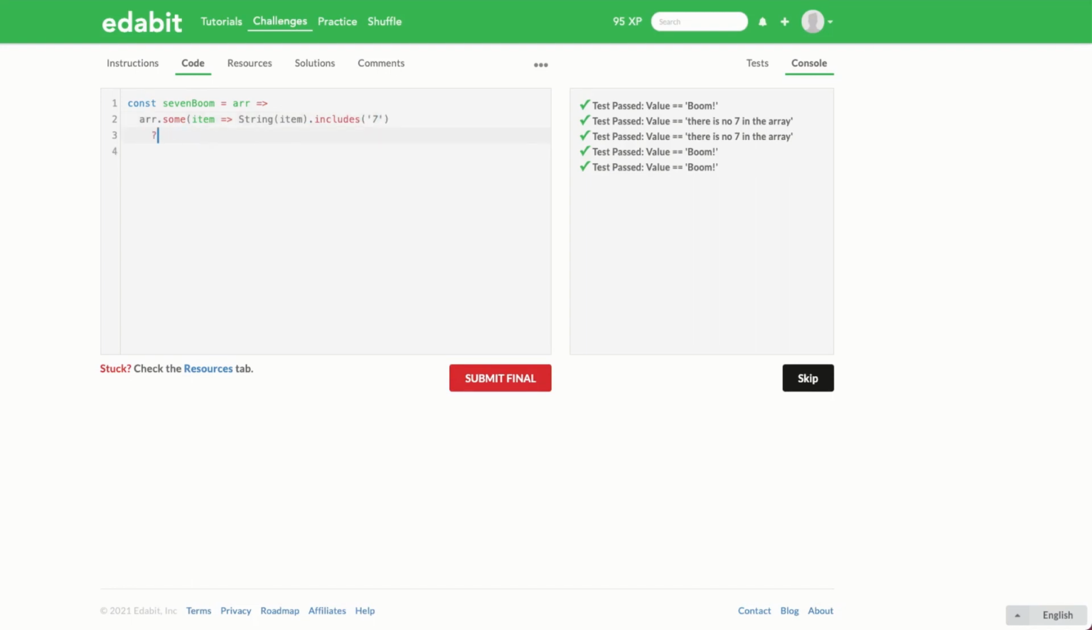So this will be true or false depending on the result, and then we can just use a simple ternary operator to say, based on that true or false result, we'll return the string "Boom!" or "there is no 7 in the array". Okay, so that should be enough for us to pass all of the tests again, but there's an even simpler